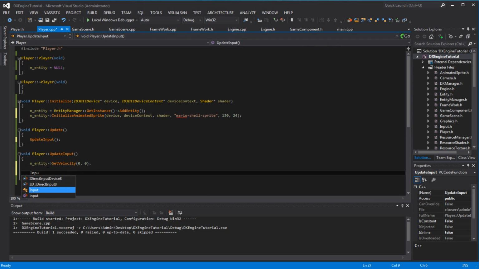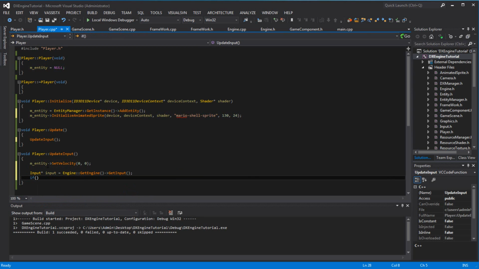You can pass in input, pointer input equals engine, get engine, get input. And inside of here, just make sure if input equals null, then return. Otherwise, say if